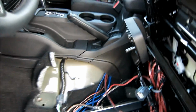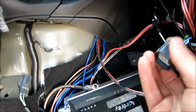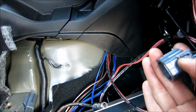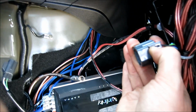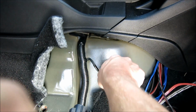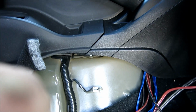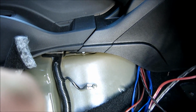To disconnect the seat, all you do is lean it back or have someone hold it from the back, and you just lean it backwards. You'll see that there's a push pin here. You push this down and then pull the connector out the other end. Now you might think, oh my god, this is a great ground. If you ground to here, you're going to mess with the airbag system, I would not suggest touching that